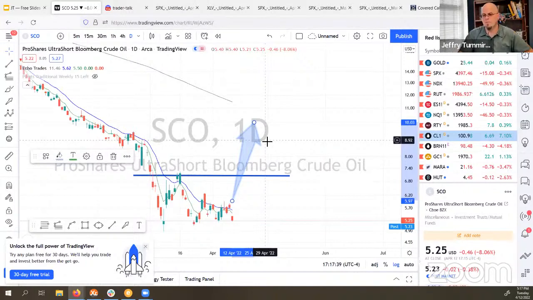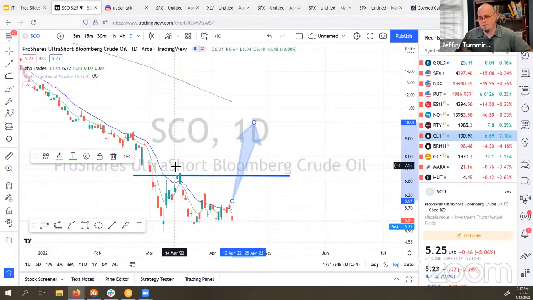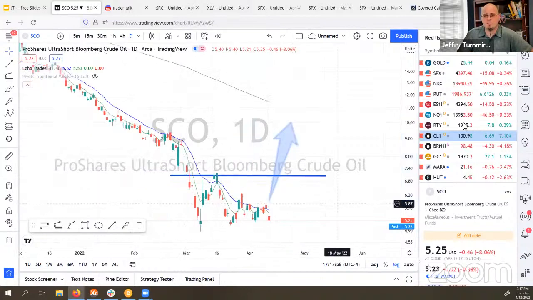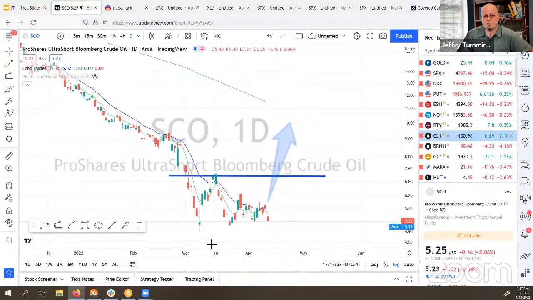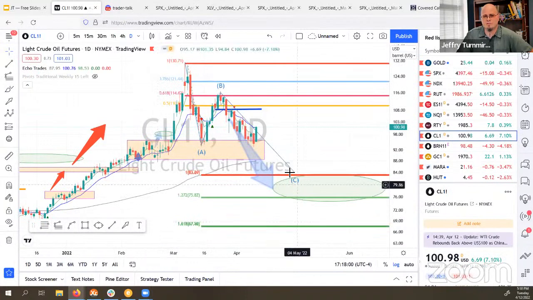So, all right. Launch a rocket. Oh, yeah, there you go. I'm using the free charting version of TradingView, so it pops up ads. Sorry about that. All right. So that's crude oil. Looking for that move down there. All righty.